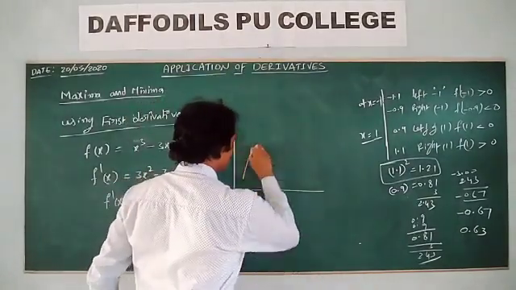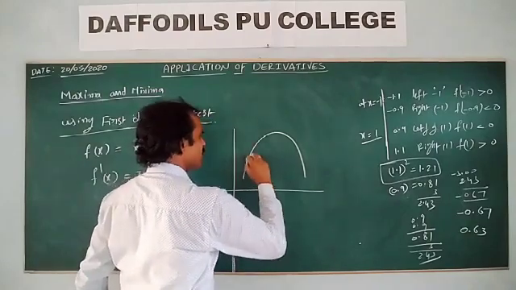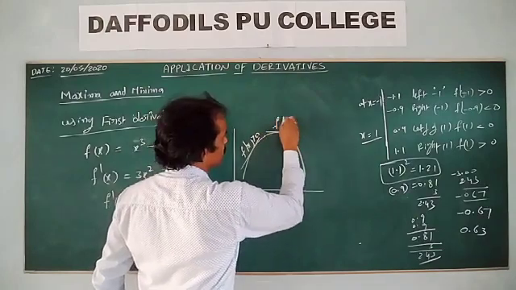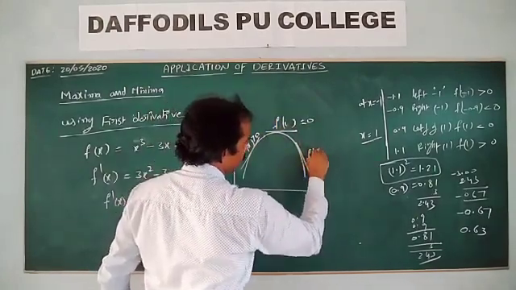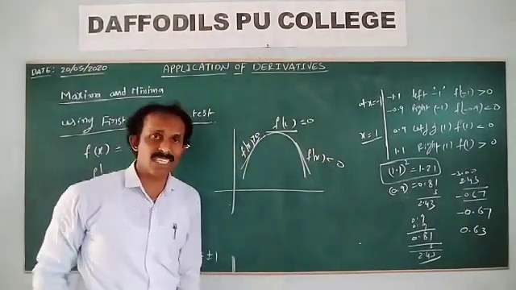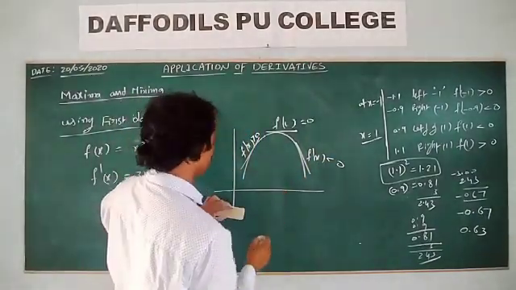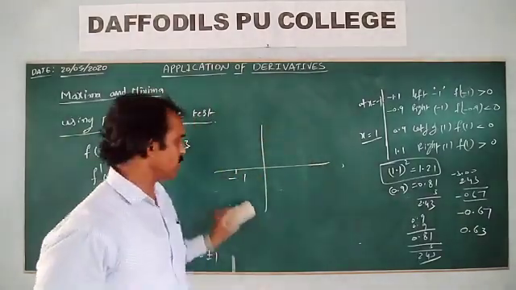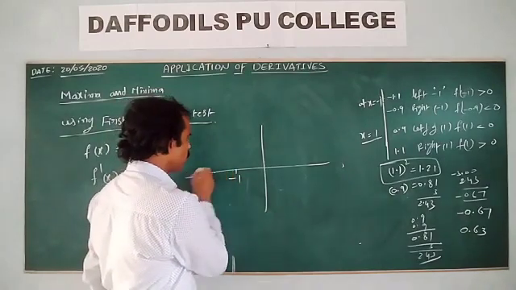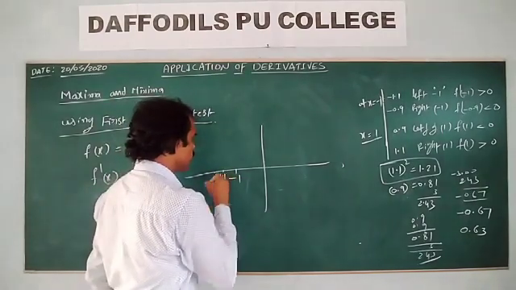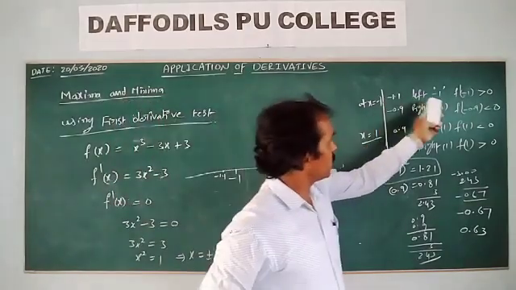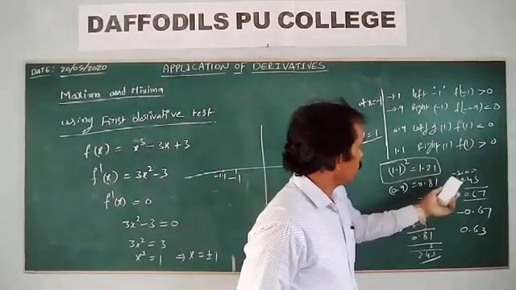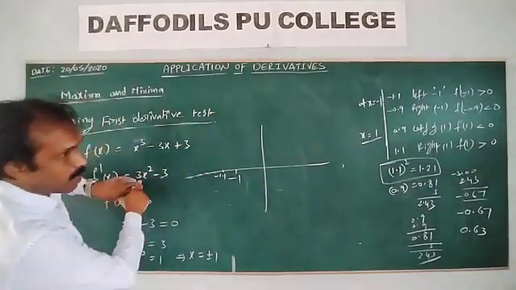Okay, previous problem I'll explain like this one. This one, f dash x greater than 0, f dash c is equal to 0. This one, f dash x less than 0. So that's why at minus 1, for example, at minus 1, left-side point minus 1.1. Minus 1.1, what is the value? f dash of minus 1.1. So substituting in f dash, what is the value? So this value is equal to 3.